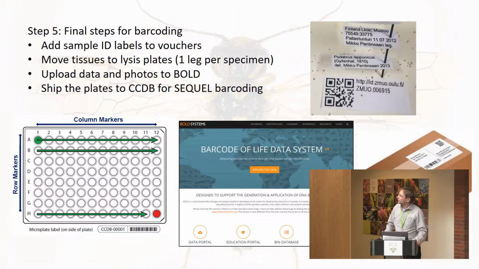Okay, and then the final steps for the barcoding. I have first given codes for the tissue samples, because I am keeping one leg, so I have to give different codes for the tissues and for the sample IDs. Then in the next step I have labeled the specimens and given the sample IDs for them, and then I have uploaded the data to the BOLD, and that is actually what we are doing right now for the first batch of about 3,000 specimens. And then we ship the samples